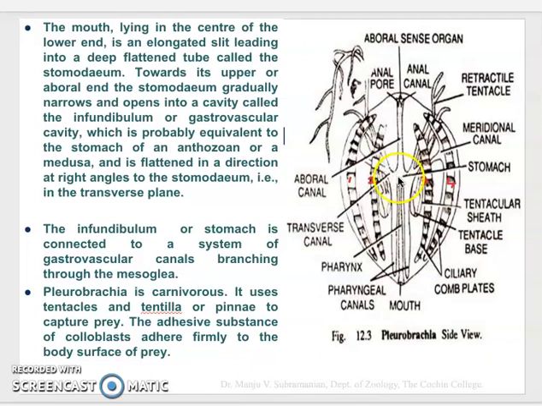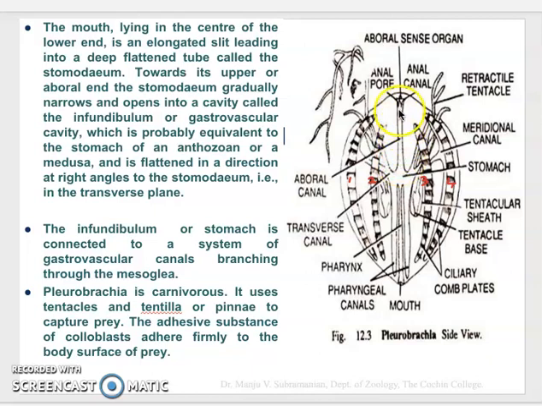Leading out from the stomach, you can see there are three main canals, mainly the median aboral canal and a pair of transverse canals. This is the median aboral canal at the center, and this is a transverse canal. On both sides there is a transverse canal. Then this median aboral canal